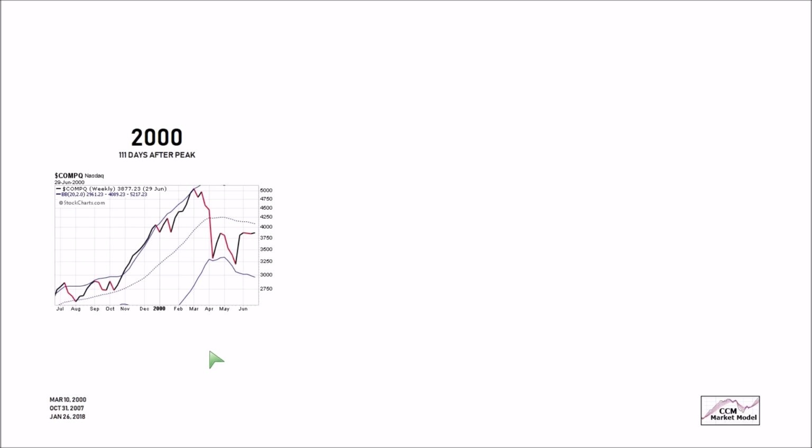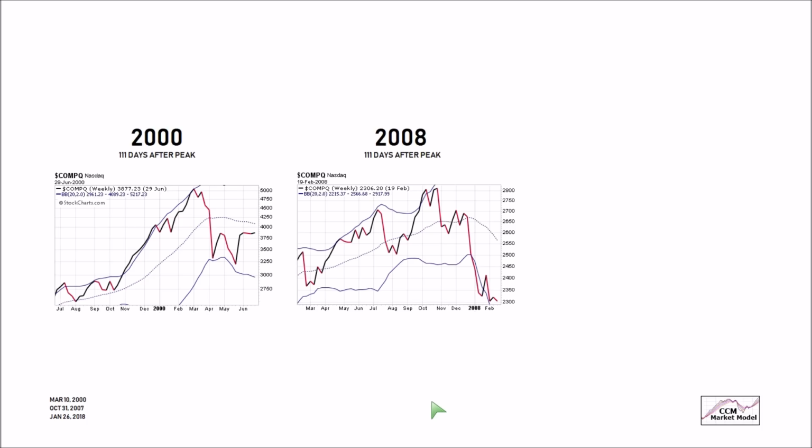If we looked at a daily chart, the NASDAQ Composite Index peaked. The major bull market peak was on March 10th of 2000. This weekly chart is 111 days after the daily chart peaked on March 10th of 2000. If we looked at a daily chart in 2007, the highest closing high for the NASDAQ was on Halloween, or October 31st, 2007. Similar to this chart here, this chart shows the weekly NASDAQ chart 111 days after the NASDAQ